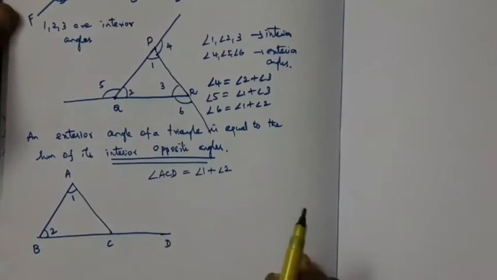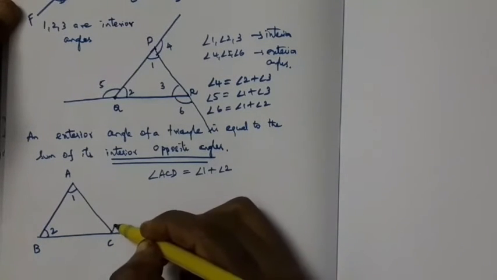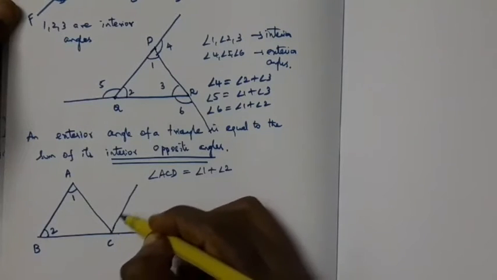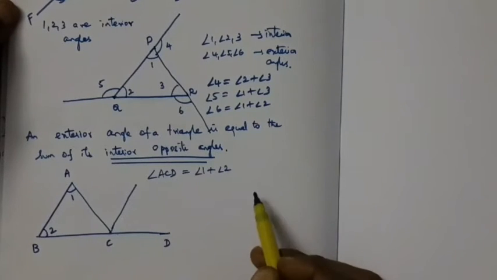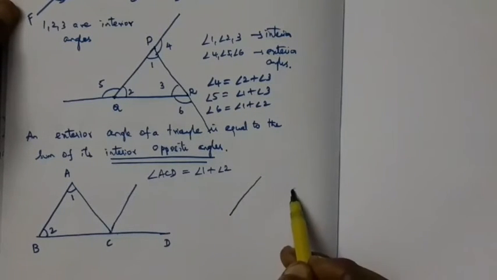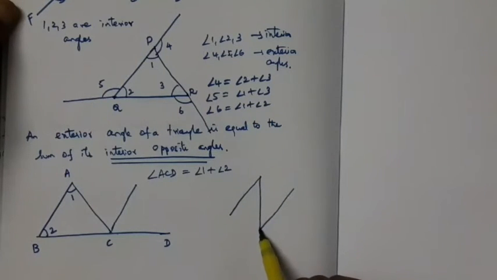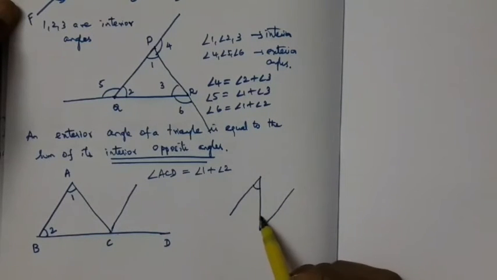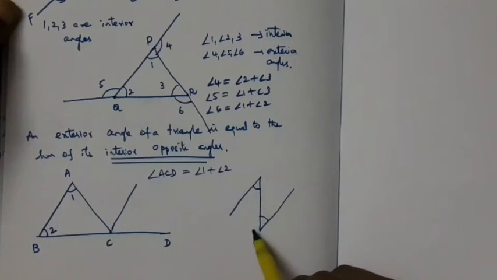For that, I am going to draw a line here such that this line is parallel to this line. We already know what a parallel line is. Suppose I have two parallel lines like this, and another line like this. These two lines are parallel. So these two are alternate angles and these angles are equal. You can see a Z shape here. These and these are alternate angles and they are equal if the two lines are parallel.